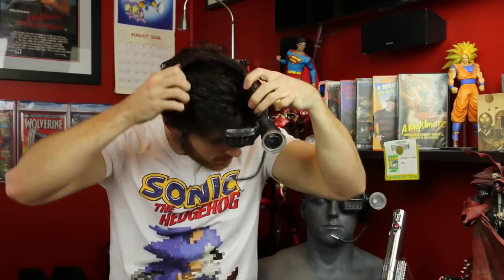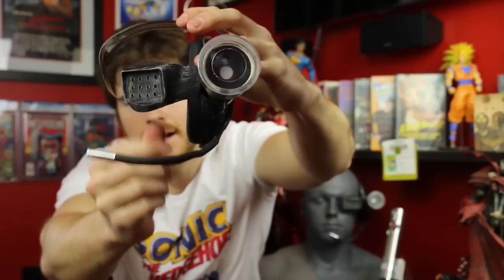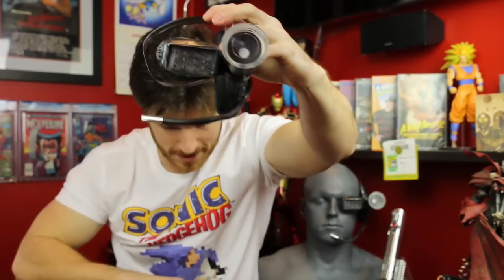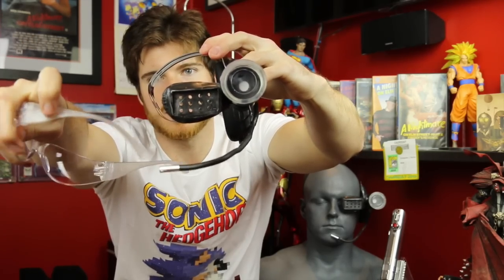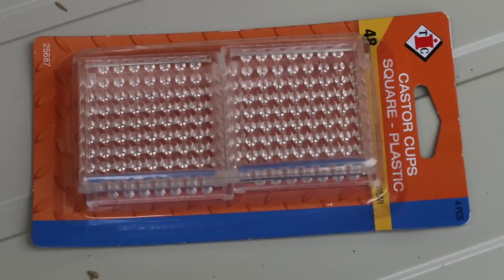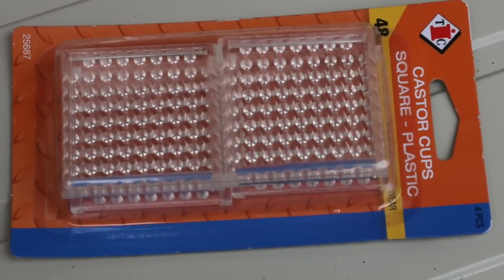Now the eyepiece was something that was just so crudely put together, but I was so proud of. Like I showed you, you'll notice that the eyepiece folds in and out, and the way that was achieved was it's half a safety goggle, as you can see there. So it's that piece there, and it's been mounted using the stem here, so that's why it's able to fold in and out. Now the inner piece here was from the same company that made these pieces, like what I used for the lens. They were actually squared, and they're also for putting under